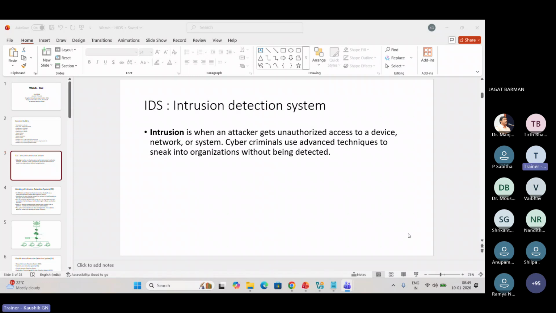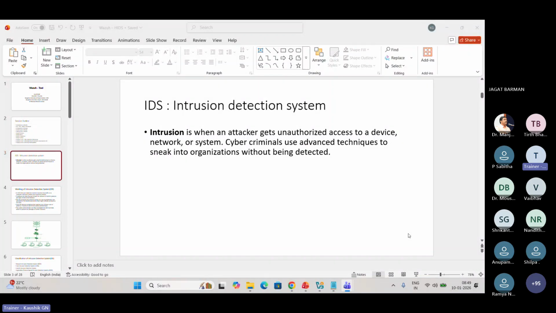In the ID card also there are different types of authorization. Like there are some restricted areas. For example, can I enter the terminal? Can I enter the security check? These things will be there. So unauthorized access means going into a place where someone is not authorized to go in. So this is what the cyber criminals will do.